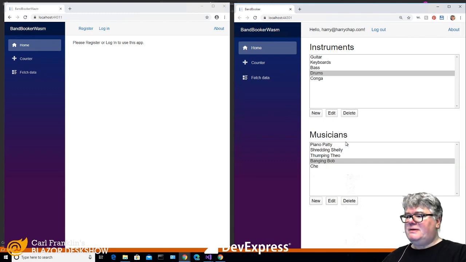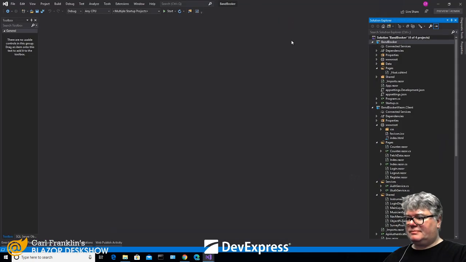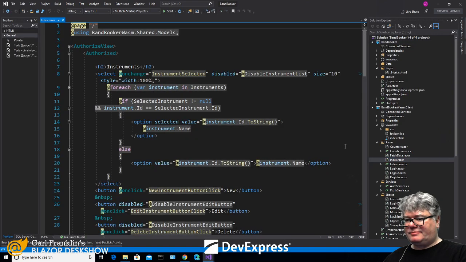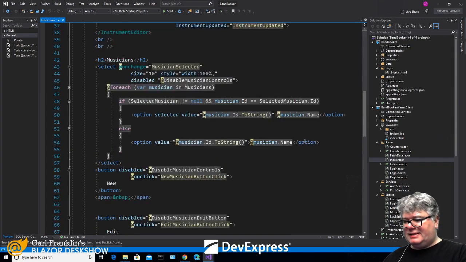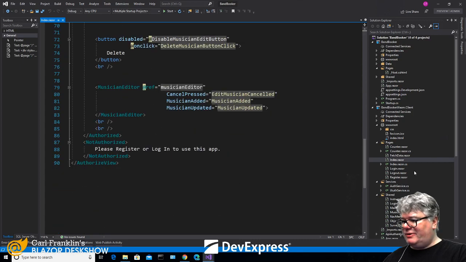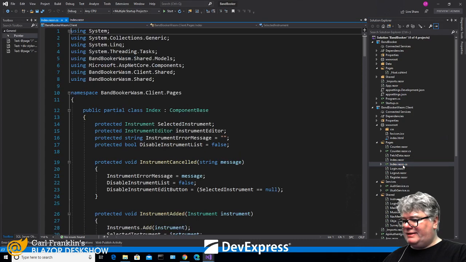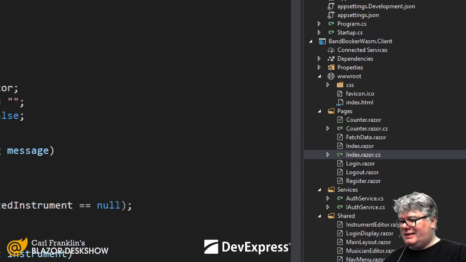All right. So we've got the authentication. We've got generic components. We've got JavaScript interop. Let's look at code behind. Right here in the index, I'll come back to the authorized view, but it should be pretty obvious what that does. This index file has no code, and the way that I did that was I added a class called